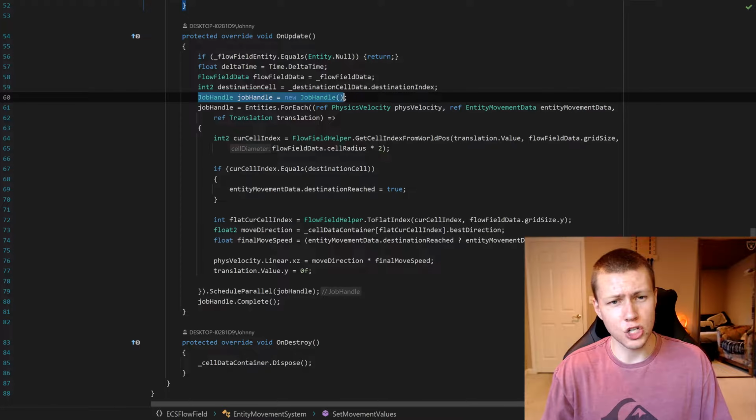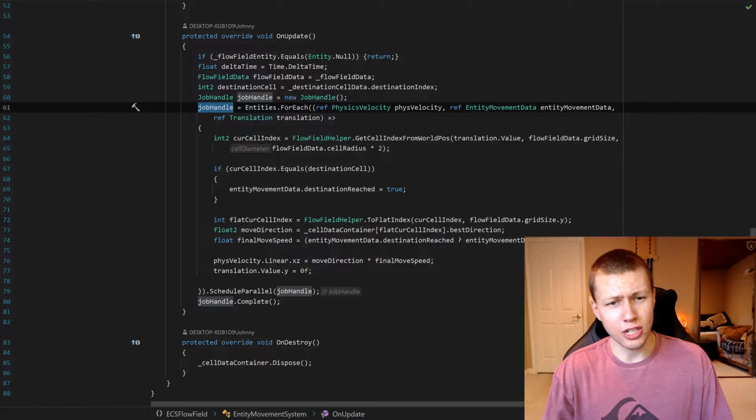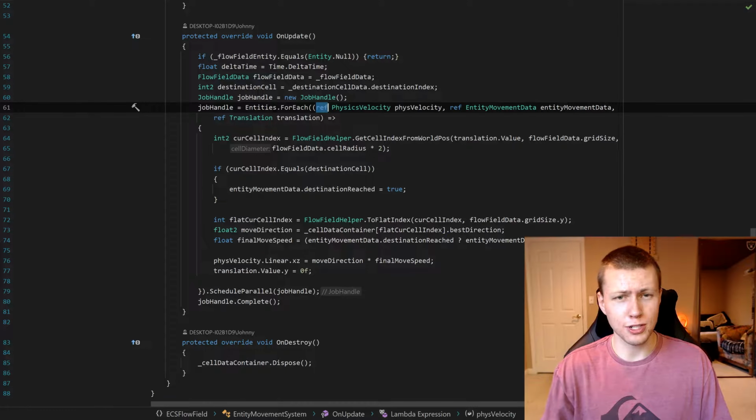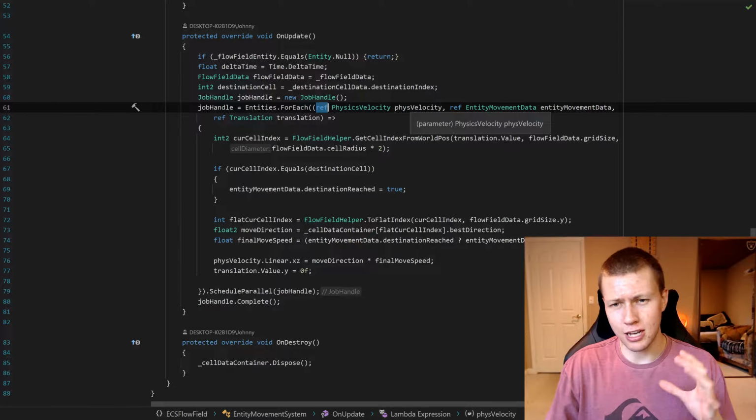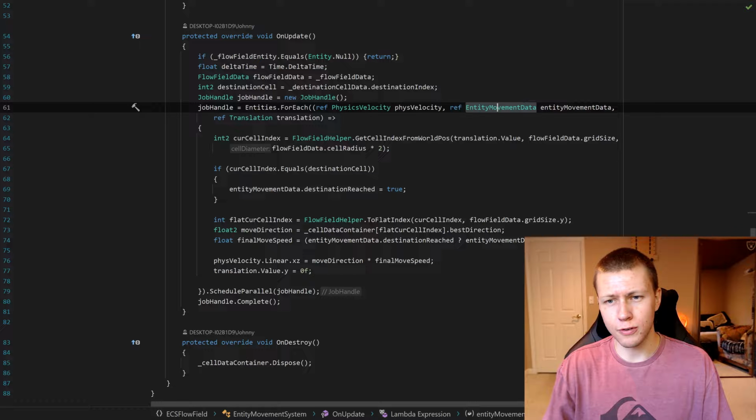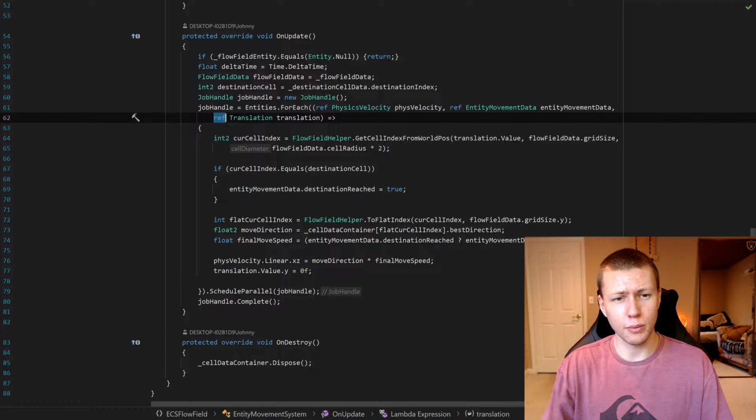So you'll see that we have a job handle. We'll set that equal to a new job handle. And then here we'll set job handle equal to entities.forEach. And this is going to be running on everything that has a physics velocity. We're going to need a reference to the physics velocity because we're going to be impacting the velocity of these entities. We're also going to need a reference to this entity movement data component that I have. And then finally, we're going to be referencing